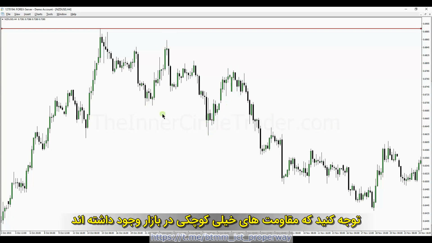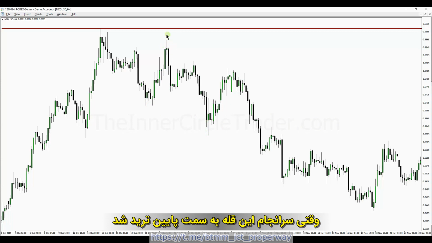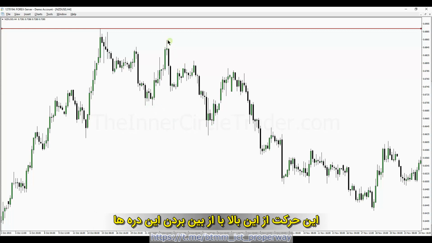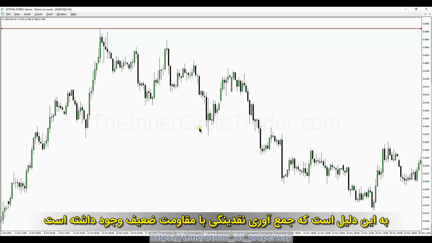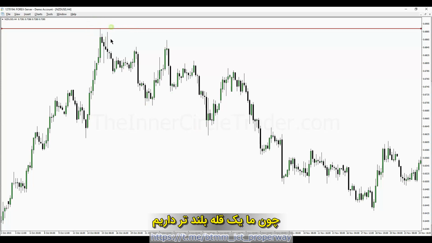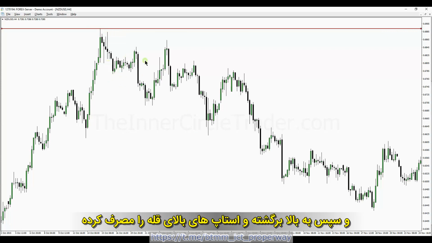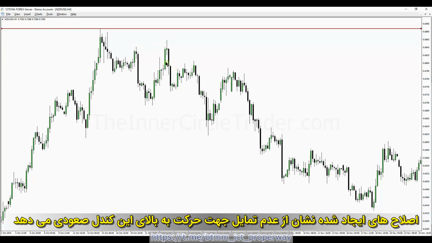Notice there was very little resistance in the marketplace when this high eventually traded lower, taking out the liquidity resting below these lows here. This run from this high, taking out these lows, is referred to as a low resistance liquidity run because we have a longer term high to the left of us, and the market has shown a willingness to take out a low, and then we came back above, cleared out a stop above the high, retraced, had an unwillingness to go above this up candle here.